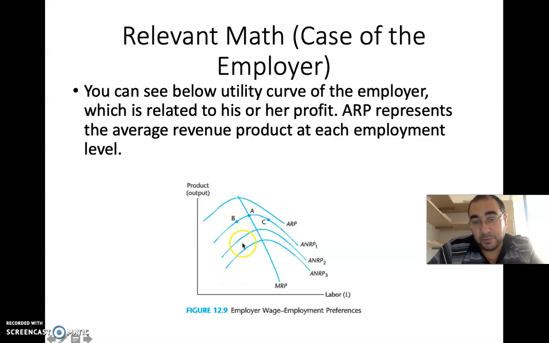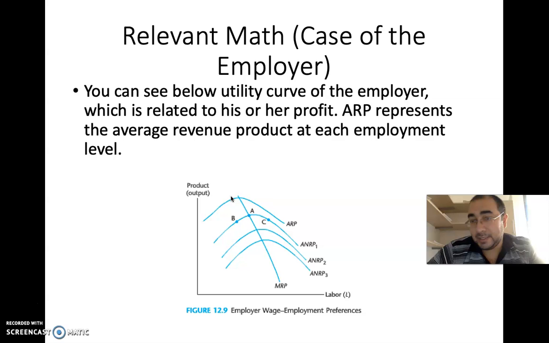When you increase the profit level, you go to a lower curve, for example, the ANRP2 curve. Now the wage level or net revenue level at each employment level is lower, and you reach the top point at a point further right. Why is it so? Because now, since the net burden is much larger, its effect stays dominant longer than in the first case. So, for the company, basically,